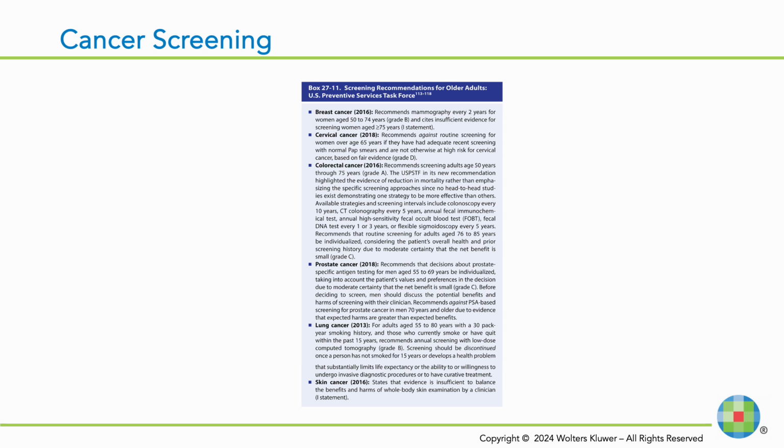Now it's more important to get colonoscopies at an earlier age, 45 years of age. Okay? It's very important. Getting a colonoscopy is one of the best ways to maintain your health. For men, prostate cancer screening, your prostate-specific antigen, assessing your prostate. Lung cancer screening for those who've had an extensive smoking history or been exposed to secondhand smoke. Skin cancer screening as well. It's important for patients to see a dermatologist.